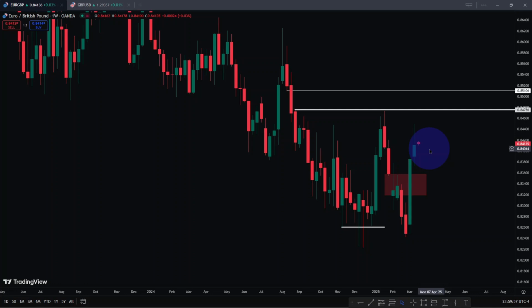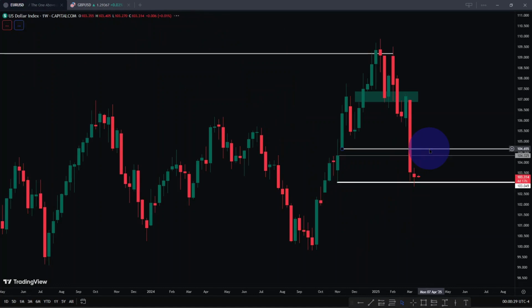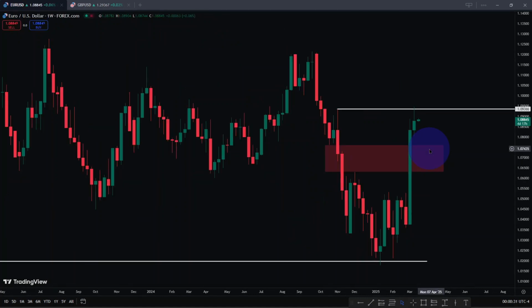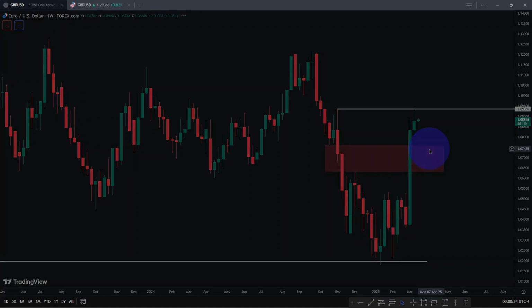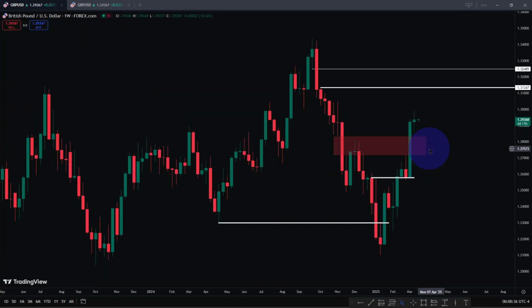Because when dollar is in consolidation, Euro USD and GU fall into their relative strength. Which one of them is stronger and which one is weaker? Whichever language you want to use to define their relative strength. You understand what I'm trying to say? So when the dollar index is in consolidation, they are always susceptible to whatever is happening on the euro pound. And because of that, even if you have a longer term prognostication on euro pound, it would really affect your expectations on GU and Euro USD.